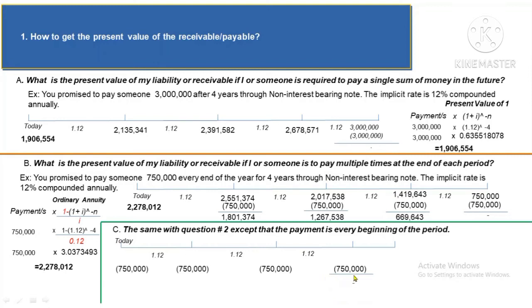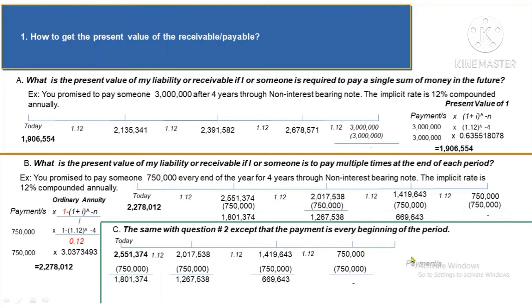So here is 0 plus 750,000, you will have 750,000 divided by 1.12, you will have 669,643 plus 750,000, you will have 1,419,643 divided by 1.12, you're gonna get 1,267,538 plus 750,000, you have 2,017,538 divided by 1.12, we have 1,801,374 plus 750,000, you have 2,551,374. We can also get this